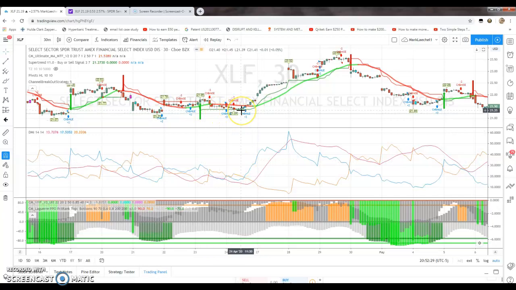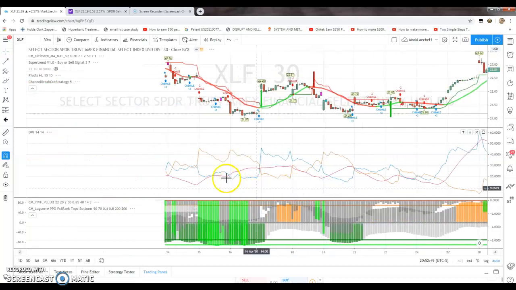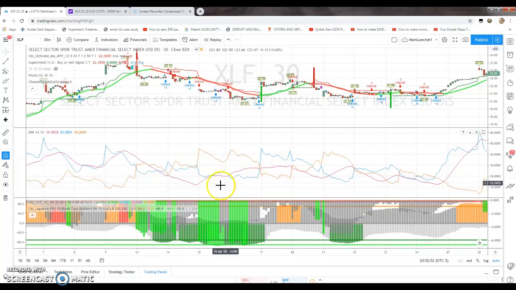Things will go sideways, nothing's happening, and there's consolidation. And basically, if the market is going sideways, you're not making any money. If the market's going up or down, people like volatility. You know what I mean? And when these are outside the DMI zone and you have a flat line here, that is when you want to be out. So when one of them or both are inside this purple or below the purple DMI line,